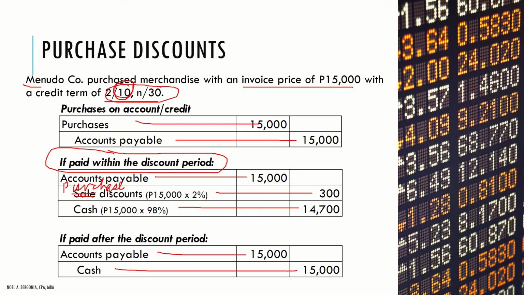Sir, does that mean it's better to just borrow first and then pay within the discount period to be able to avail of the discount? Actually, most of the companies are doing that, especially when their counterparty is selling on credit. They are able to avail some discounts if they pay within the discount period, even if we already have the money to pay as the buyer. It would be a waste to lose the discount.